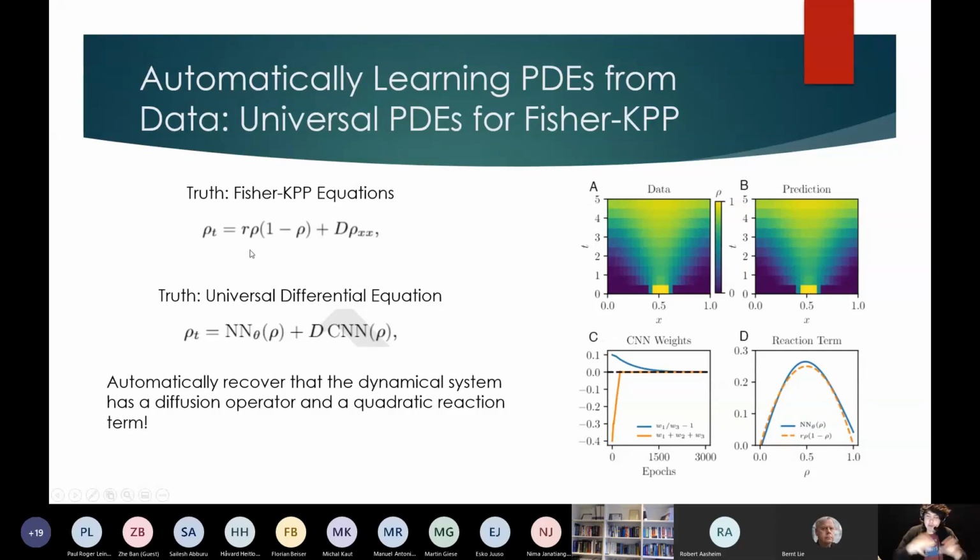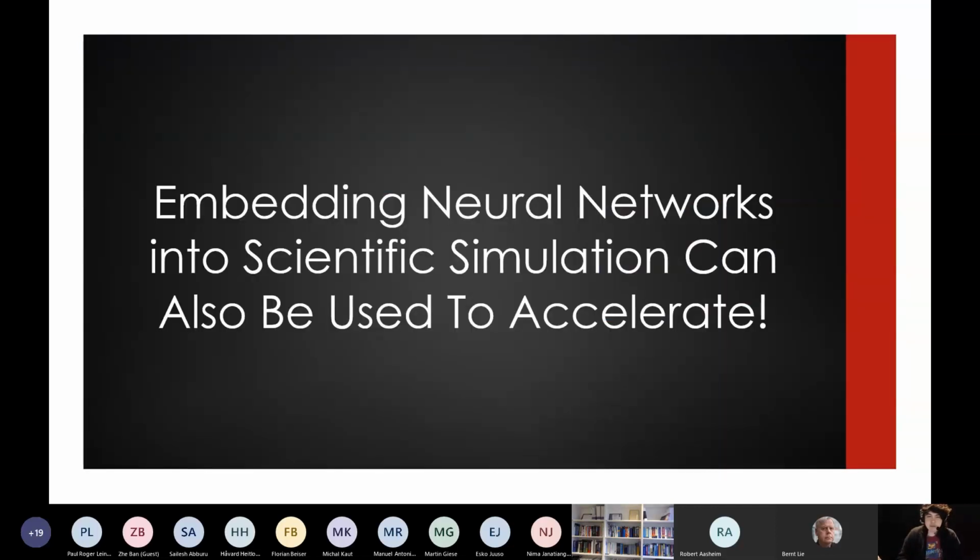So you're able to rediscover this full partial differential equation directly from this specific mixture of a neural network and a convolutional neural network, because of this property, this relationship of convolutions to discretizations. So that's all about physical model discovery. If you don't know what your physical equations should be, and we have a lot of that in pharmacology, this is one way to discover a lot of these missing terms.